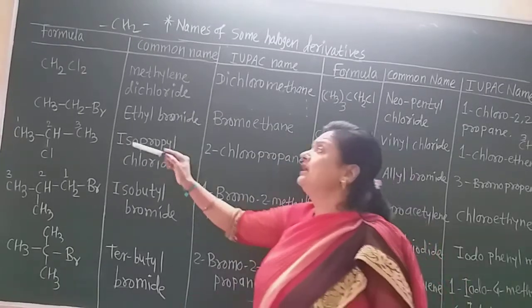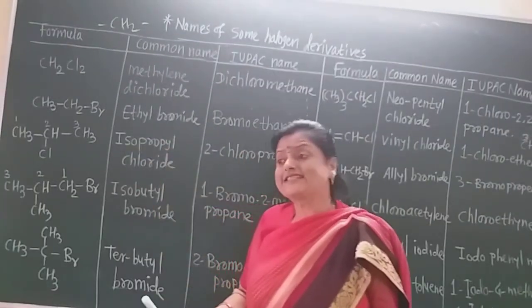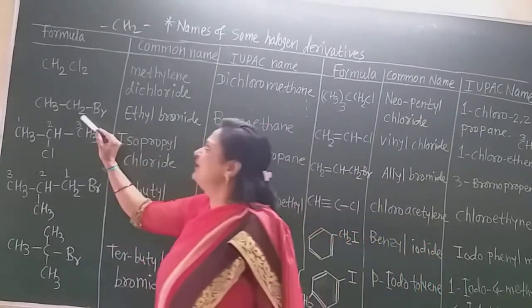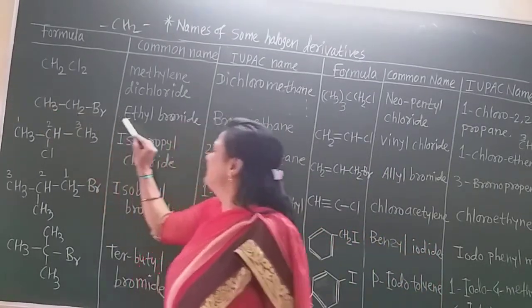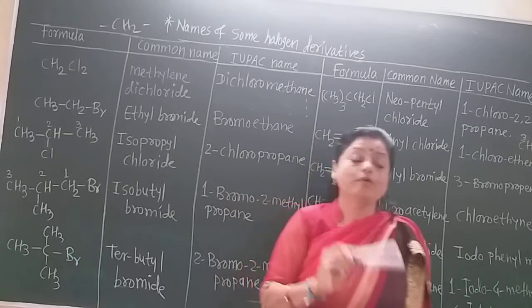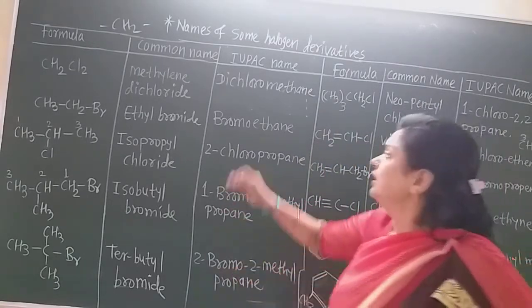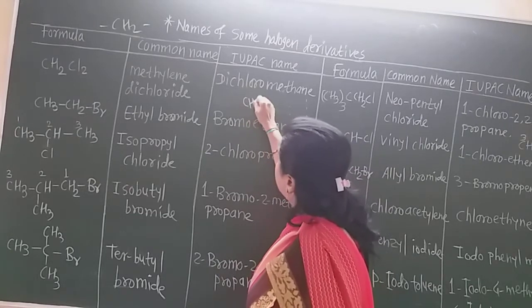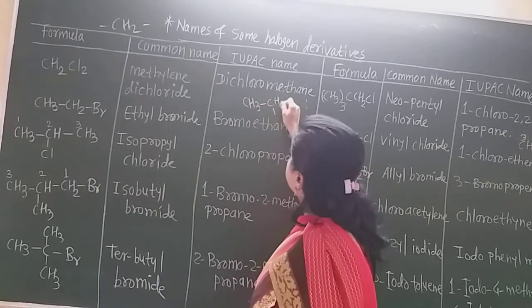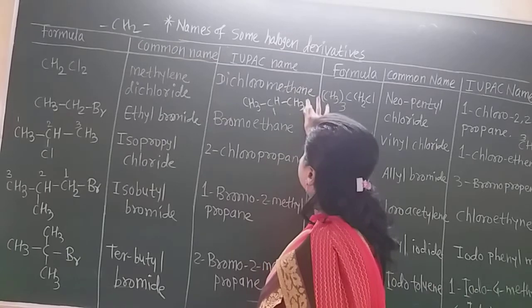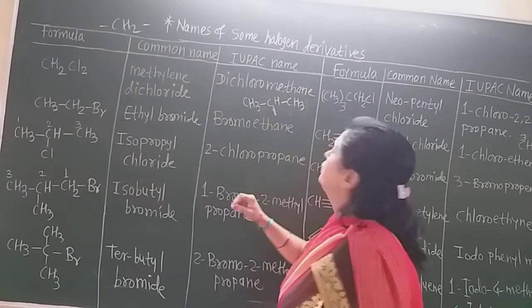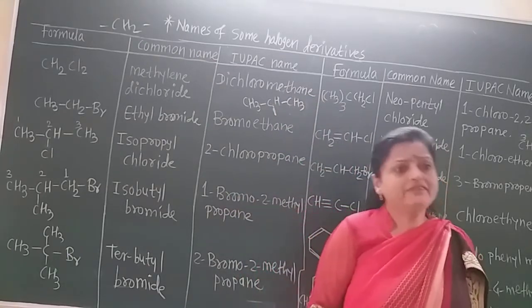But commonly these haloalkanes are known as alkyl halides, and the alkyl group is the ethyl group, so the name is ethyl bromide. You must understand alkyl groups. Now can you tell me what is this group? What is the name of this alkyl group? In the 11th standard I told you about that. Can anyone tell me?